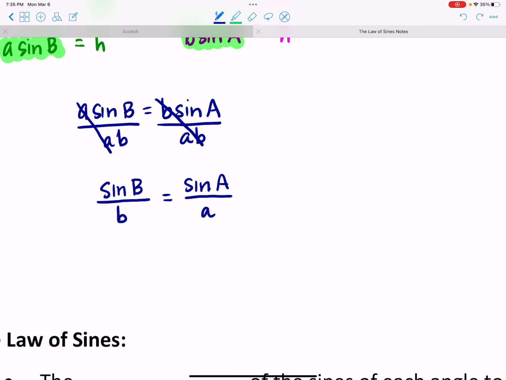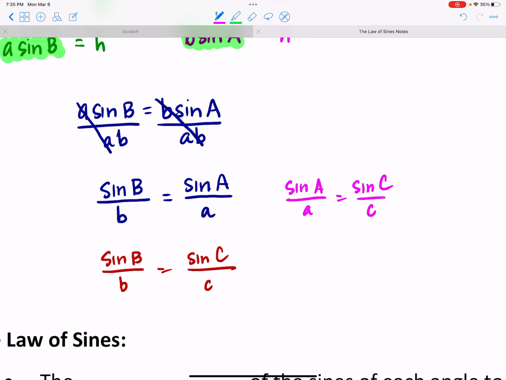And so you see a lot of different versions of this. Again, if I picked a different corner, maybe I would get the sine of B over B equal to the sine of C over C. Or if I picked a different corner, then I might get the sine of, let's say, A over A equal to the sine of C over C, which means all of them are going to be equal. And so what we are going to see,